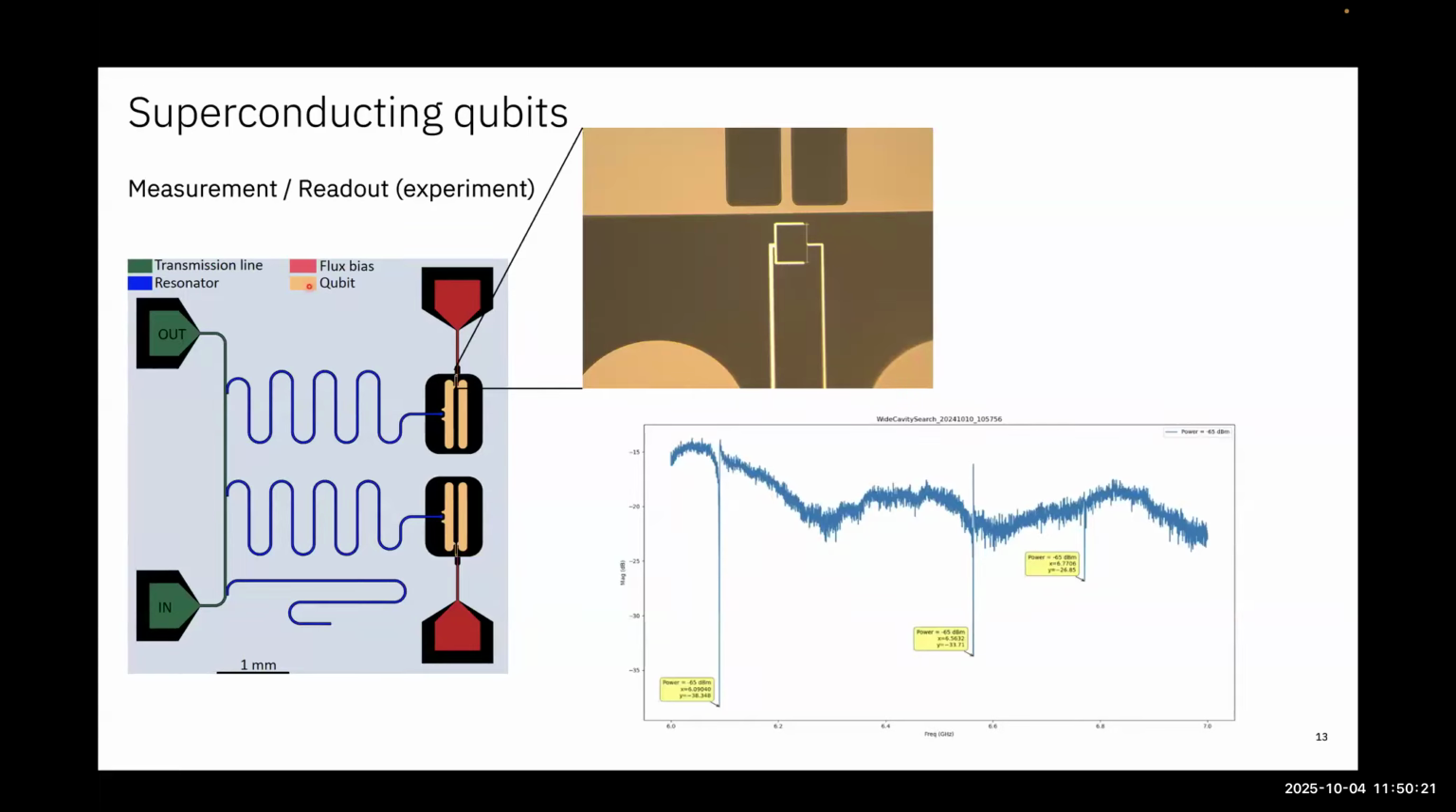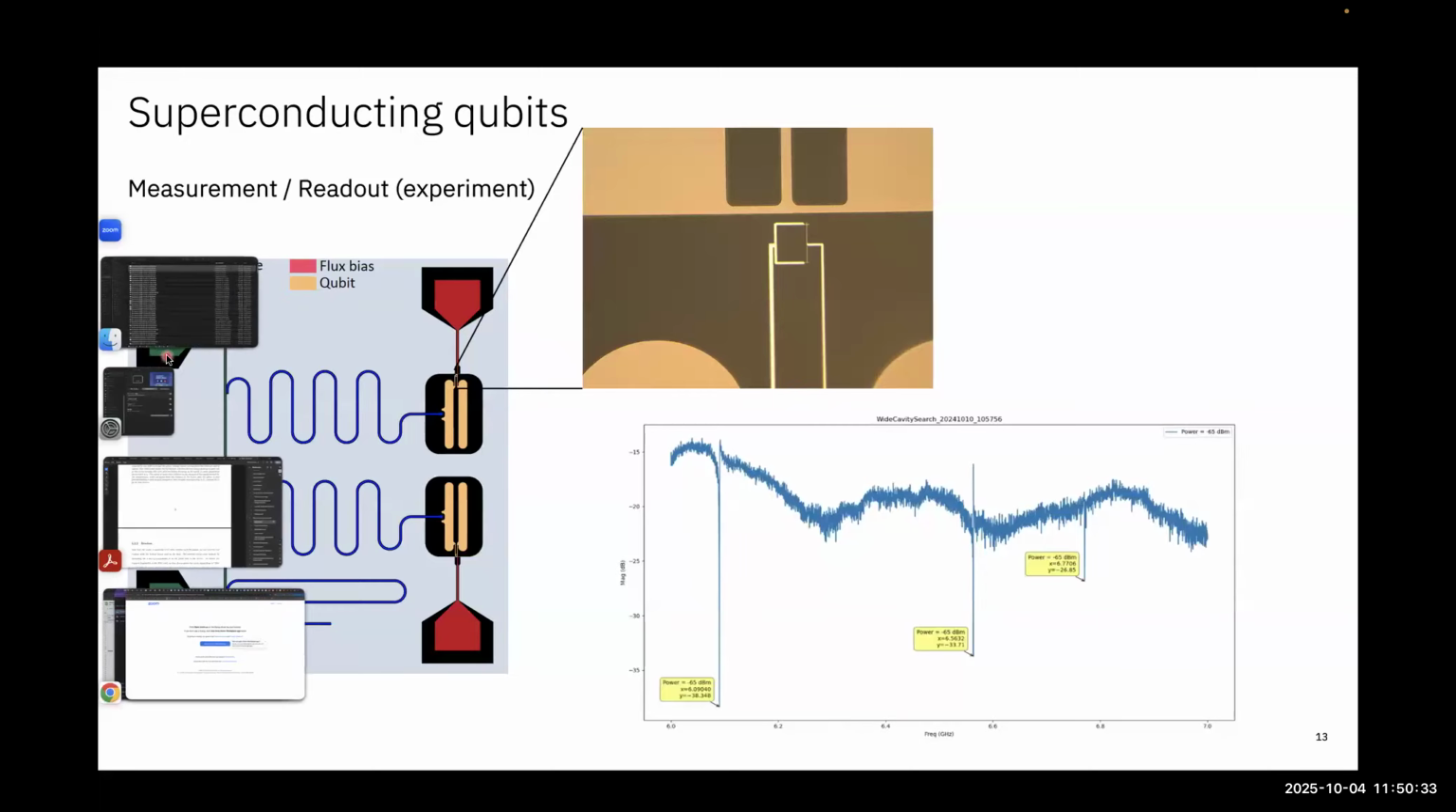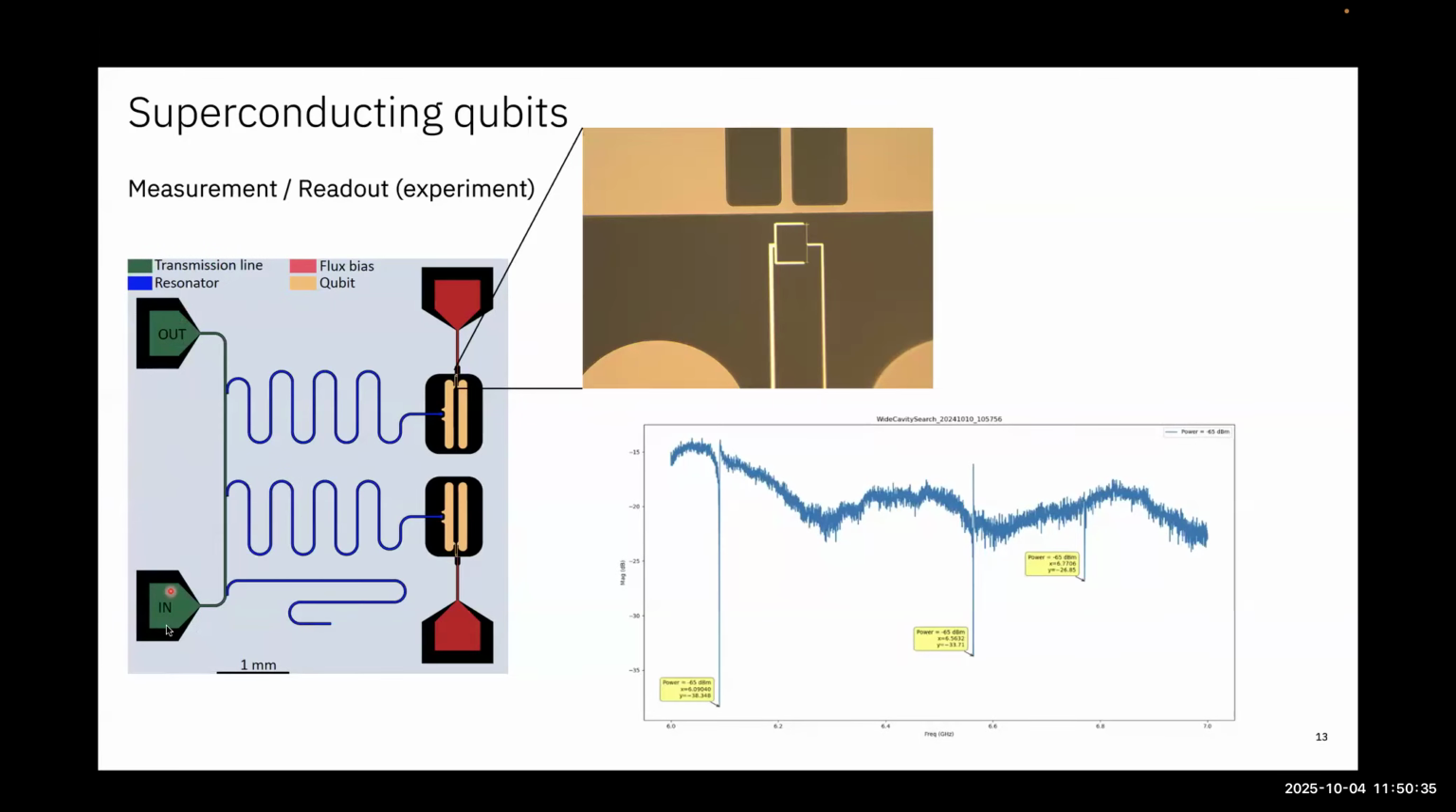So this is another example of a quantum device that has a qubit, which I think conveys the message that I just passed. What we have is a transmission line. You send your signal in and you read it out. From that, you know what the information of your system is. For example, this